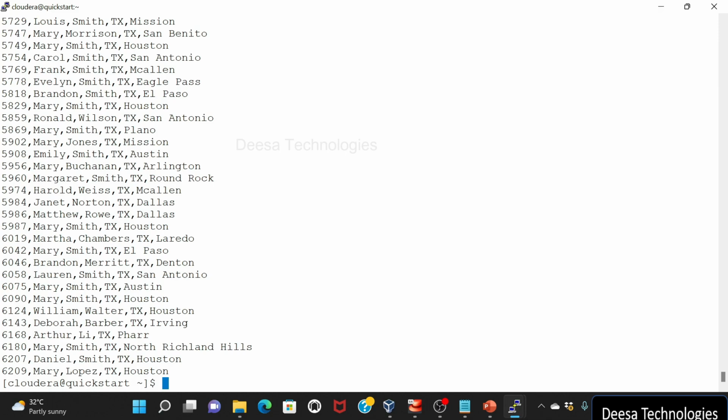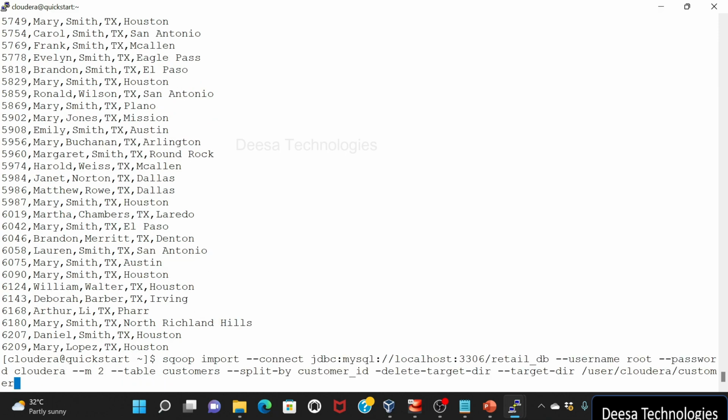For that we have to make a simple change. So this is the import statement that we have been using. Now this import statement will import the data into a CSV format in the specified target location. So let me change the target location for once. I will say customer pipe, right? So here what change we have to do is we have to use something called as, right here, we have to use